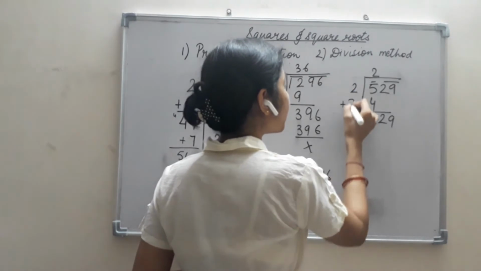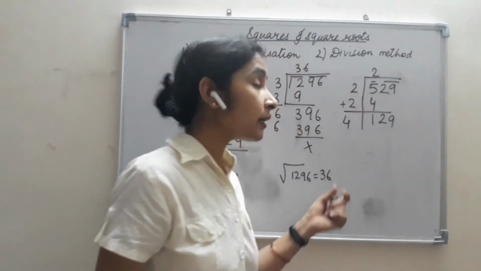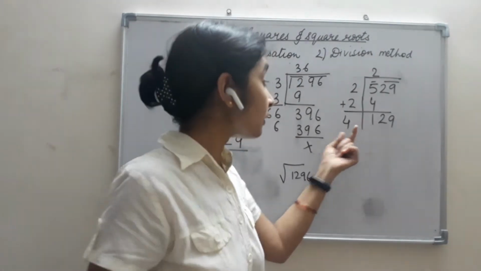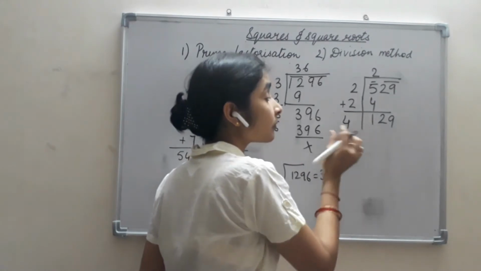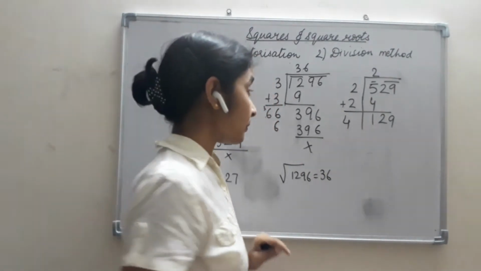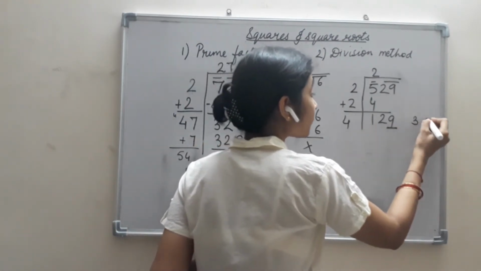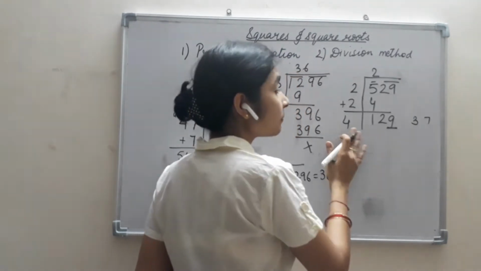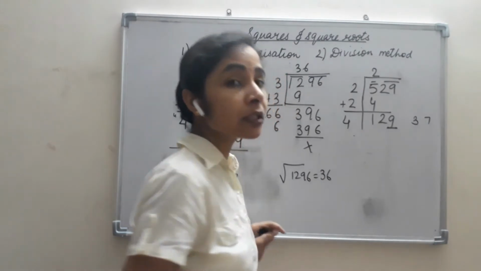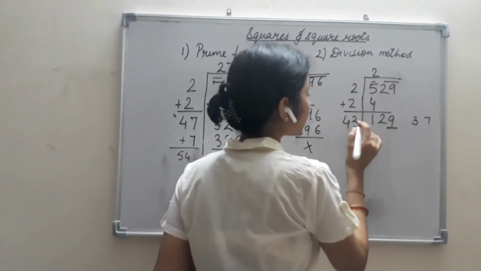Now 2 plus 2 gives me 4. I need such a number which, multiplied to itself, with that number put here and the same number multiplied here, gives the product as this number or less than this number. So 9 is there, so 9 comes in the square of 3 or 7. 7 will be a very big number here because 7 fours will give us 28 and the numbers will come in either 200s or 300s. We don't want such a big number, so we take 3 here.